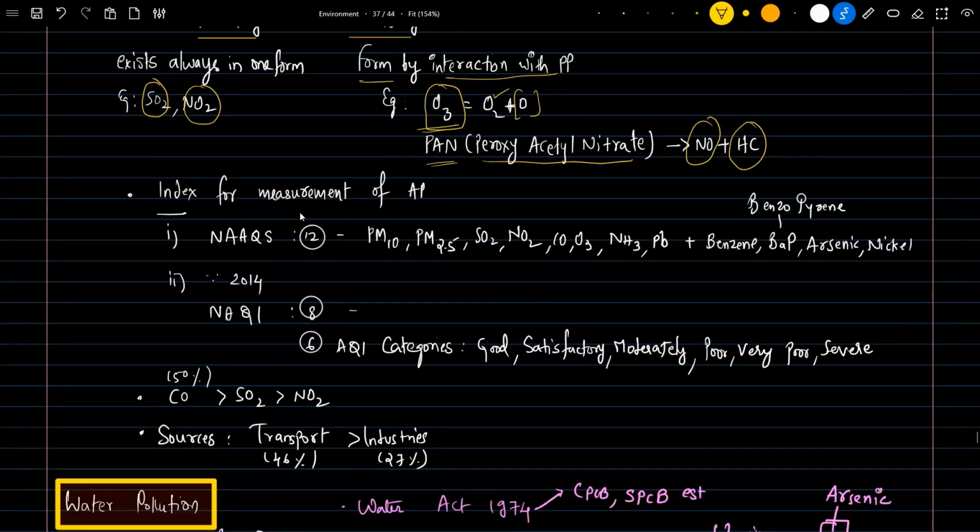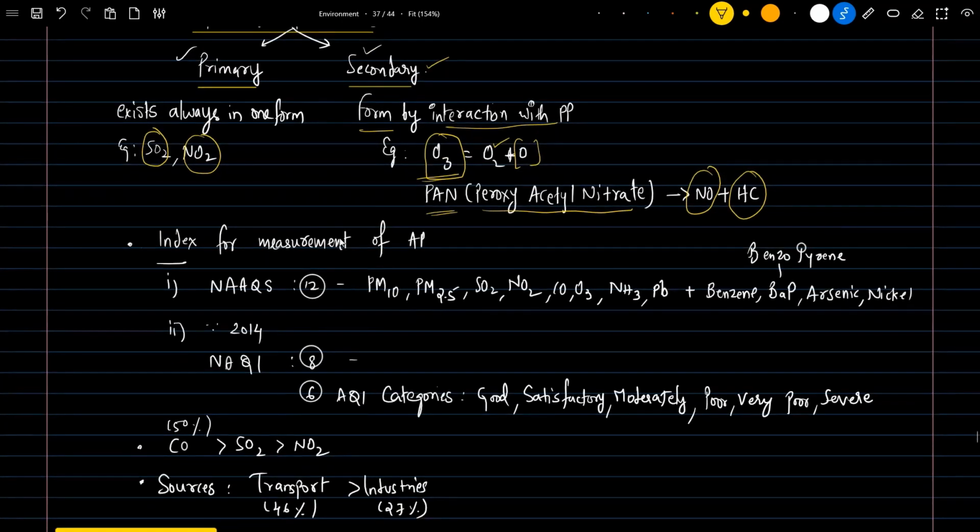There is an index for the measurement of these air pollutants. Firstly, we have the earlier National Ambient Air Quality Standards, which basically calculates 12 parameters. It was given by CPCB, the Central Pollution Control Board. The 12 pollutants which it considers here are